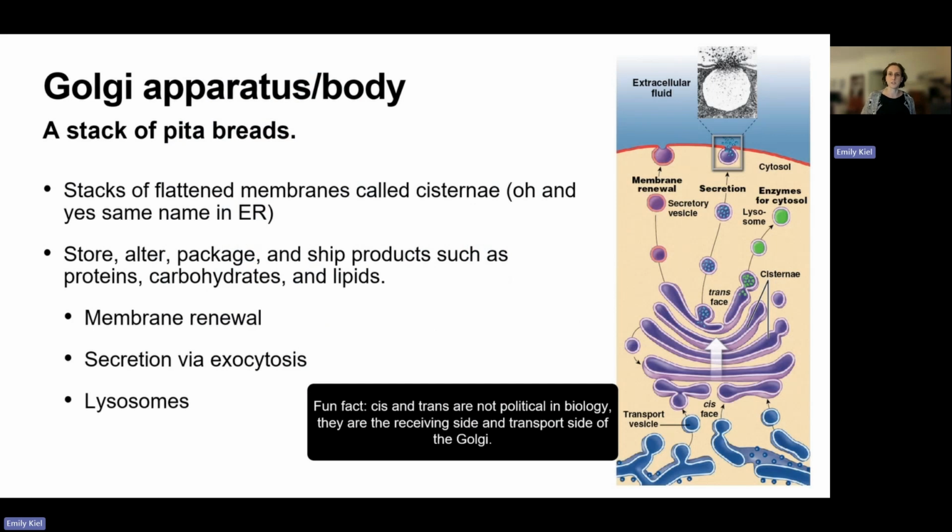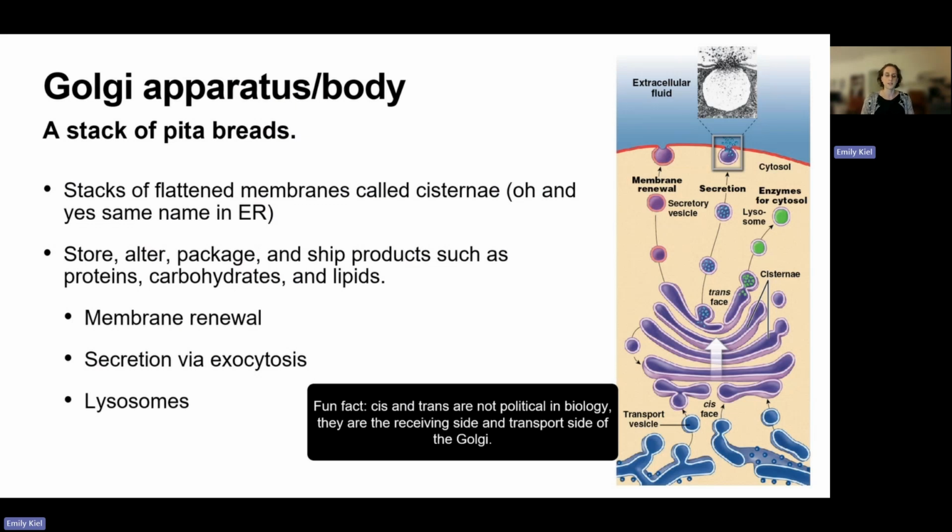The Golgi apparatus, also known as the Golgi body, looks like a stack of pita breads or a stack of pancakes. We get these flattened membranes that are called cisternae. Again, this space between membranes, we're seeing the repetition of this word. And they store, alter, package, and ship all sorts of products, whether that's a protein, carbohydrates, or